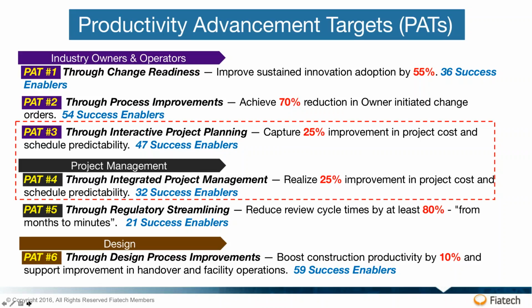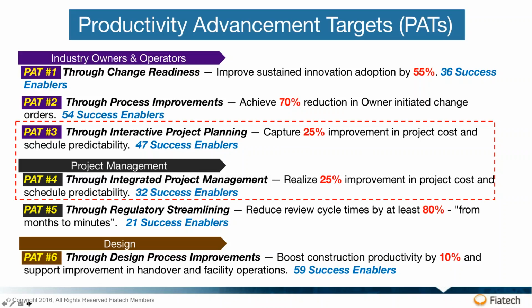And as you can see here, there's the first 6 of the productivity advancement targets that are listed along with the percentages. What's interesting about these percentages is that you can't just apply them to everything you're doing. What these percentages represent is an aggregated influence, with expectations that have been confirmed by various owners as well as subject matter experts, that this is an achievable number against the entire industry, not specific projects and specific entities, because some companies may be very strong in document control while other companies are very weak in that area but very strong in information flows. So it depends on the nature of your organization to what extent these percentages apply.